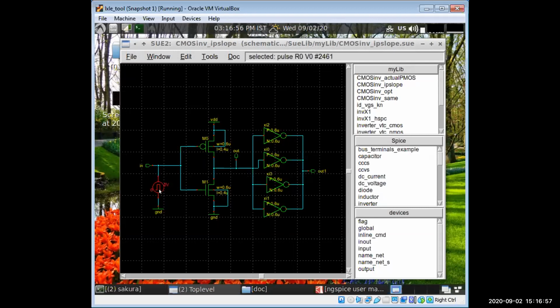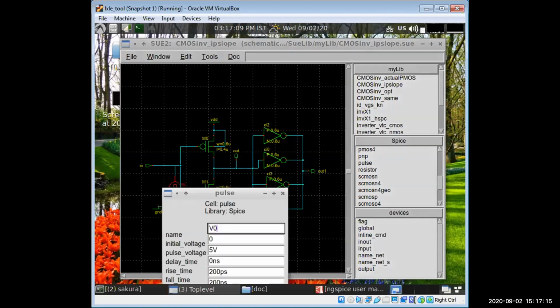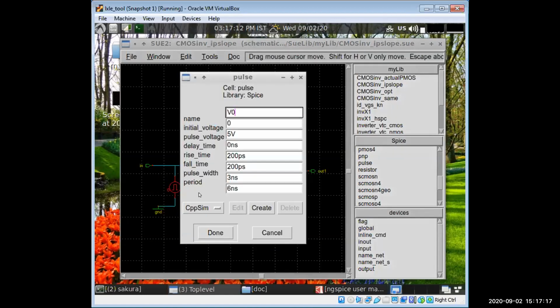So this pulse you can get from the SPICE devices which you have here. You can see the pulse voltage. Then just name it whatever you want. As I have told you, the voltage format and syntax, you can also write this pulse voltage in the netlist, or you can provide it here with this device.